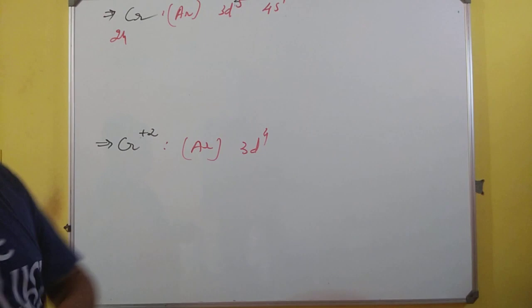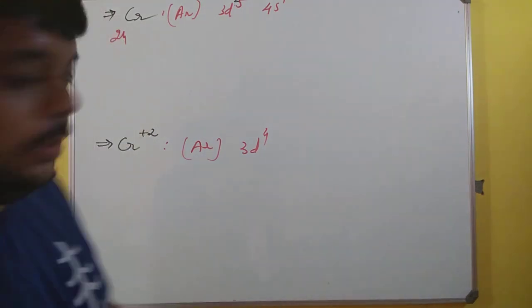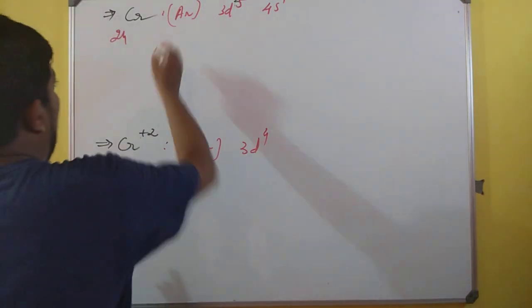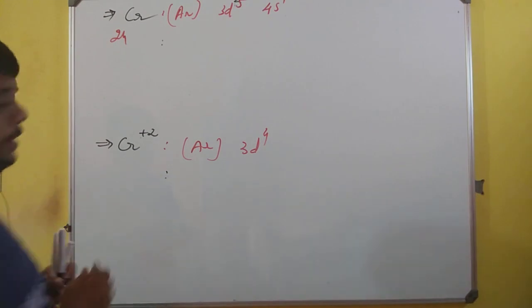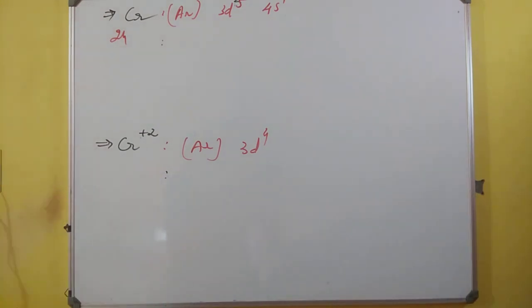So now you have two different ways to solve the numericals. And before I start with the numerical, keep one thing in mind that there are 6 unpaired electrons when you are talking about chromium, and when you are talking about chromium 2 plus, have a very clear view that there are in all 4 unpaired electrons. So be very clear with what you are writing, and then only you go with the attempt of the question.